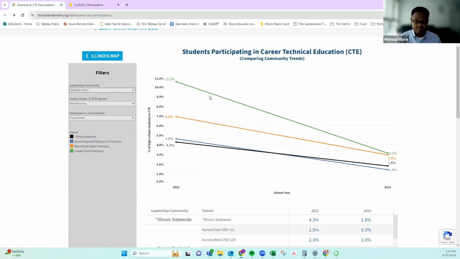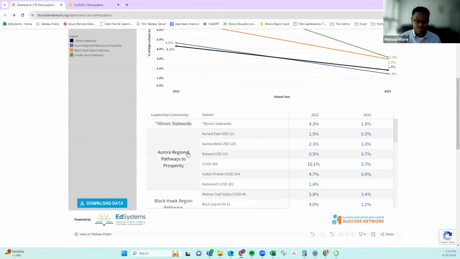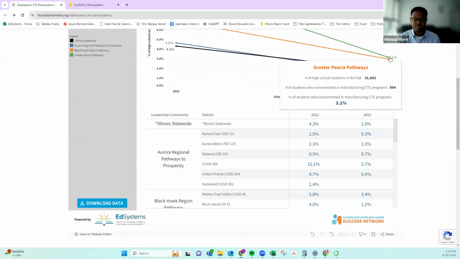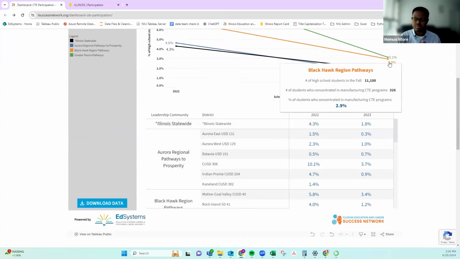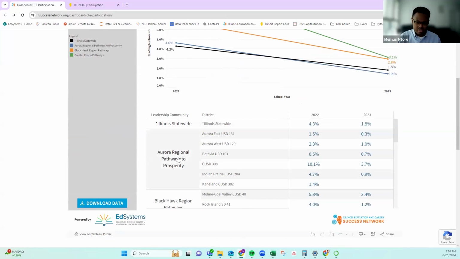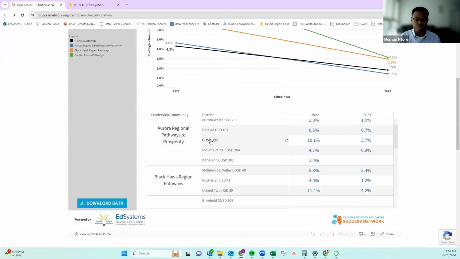For every leadership community that you see the trends for, if you scroll down into the table, it will show you all of the districts within that community that make up that aggregate. So whether it's Peoria, Black Hawk, Aurora, each of those communities is listed here with the districts associated with them and their individual numbers that, again, create the aggregate. This can be downloaded both in the data file as well as into